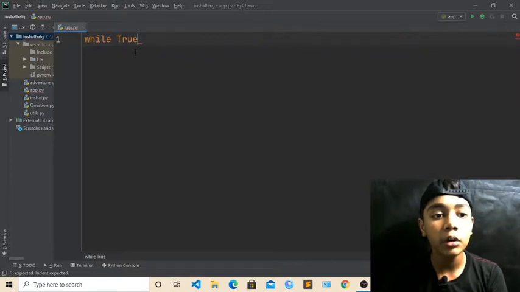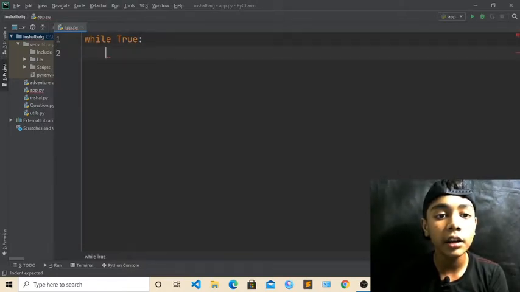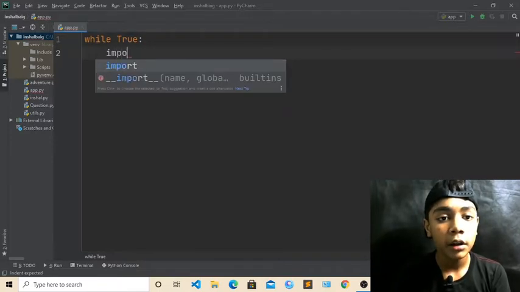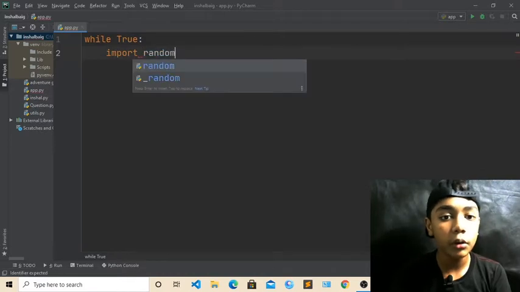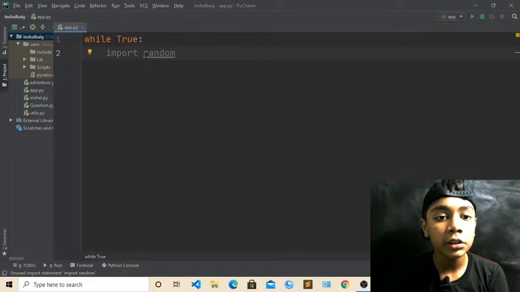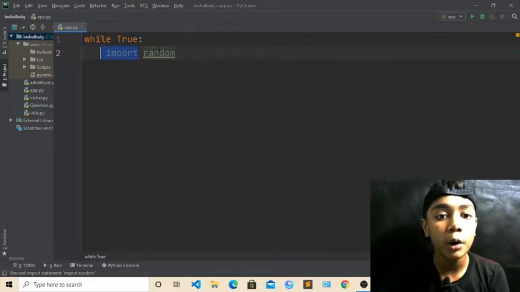Now write a colon here and press enter, then press backspace and write import random, because we want our dice to roll randomly. This is really important to write with while True.